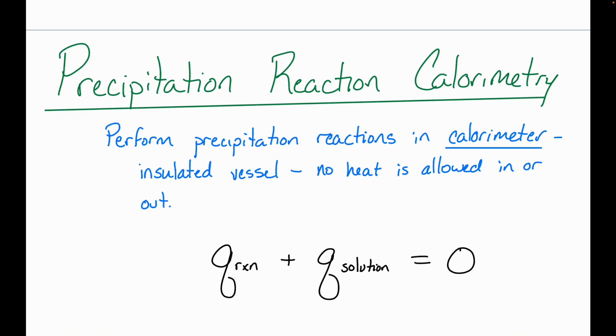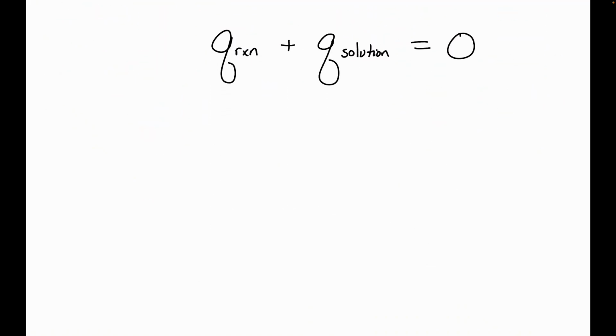All right? These calorimeters range from the coffee cup that I believe you all would have used in your 1AL lab to these fancy, tens of thousands of dollars instruments that you can operate with the computer and stuff like that. They range in how fancy they are, but the bottom line is the same here. They don't allow heat in or out, which means every amount of heat that's released by that reaction will be absorbed by the surrounding solution molecules, the surrounding water molecules. All right? All right, so let's do one of these from scratch here. We're going to look at a precipitation reaction.